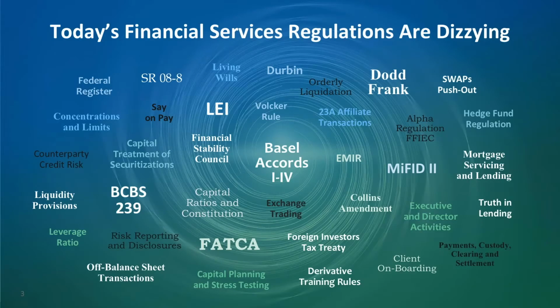So today's financial services regulations are truly dizzying. Banks have to deal with a lot of these regulations, keep track of them, and manage reporting around them. In a lot of cases, there are many intersecting points in terms of the data around all of this. The risk needs to be calculated frequently and often as per the new regulations.